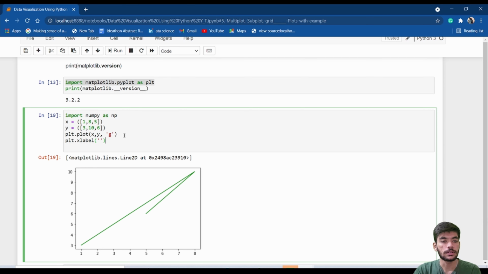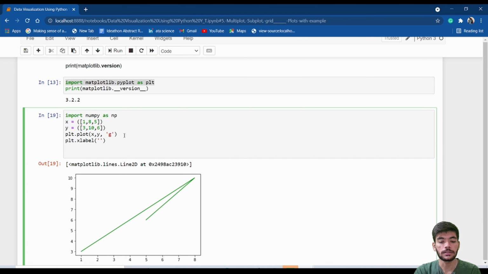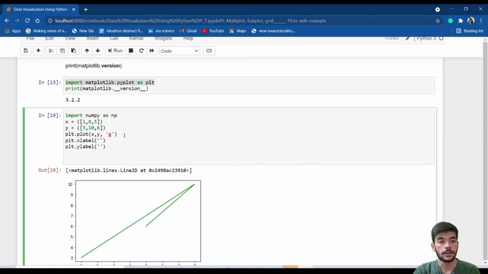In xlabel, I will write the name later. Then plt dot ylabel, whatever you want to write here, and plt dot title. So these three are the commands for xlabel, ylabel and title.